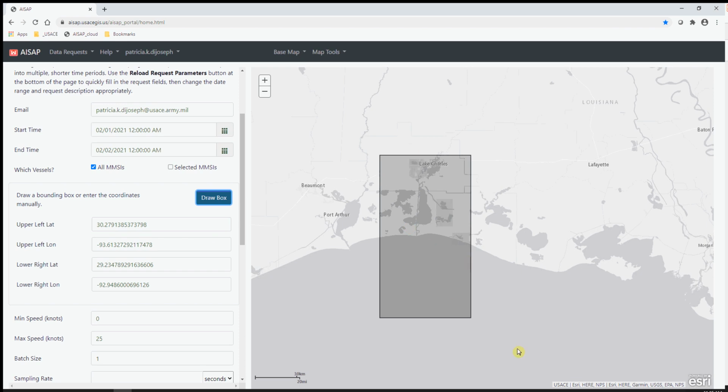So you have two options. One, you can draw it. Sometimes people would rather put in the coordinates for this corner and this corner, maybe because they already know exactly what area they want. Okay? So let's go on